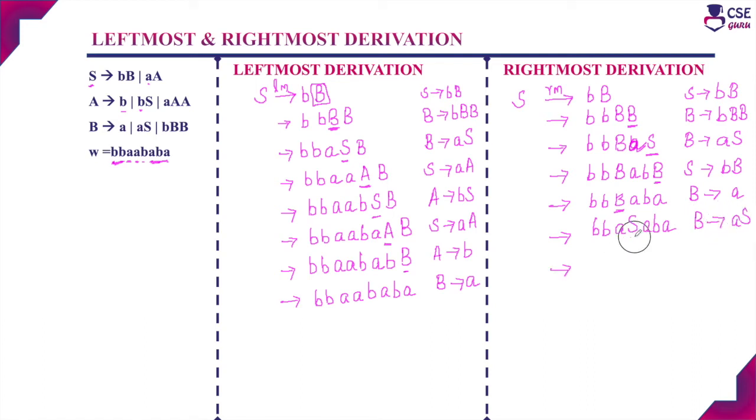Next, only one non-terminal symbol, S. So apply the production rule for S. And now check the pattern of the string. Double B A we got and at last part ABA we got. Now we have to get only the center part AB. So choose the production rule that starts with A and apply for S. So S tends to AA we can apply.